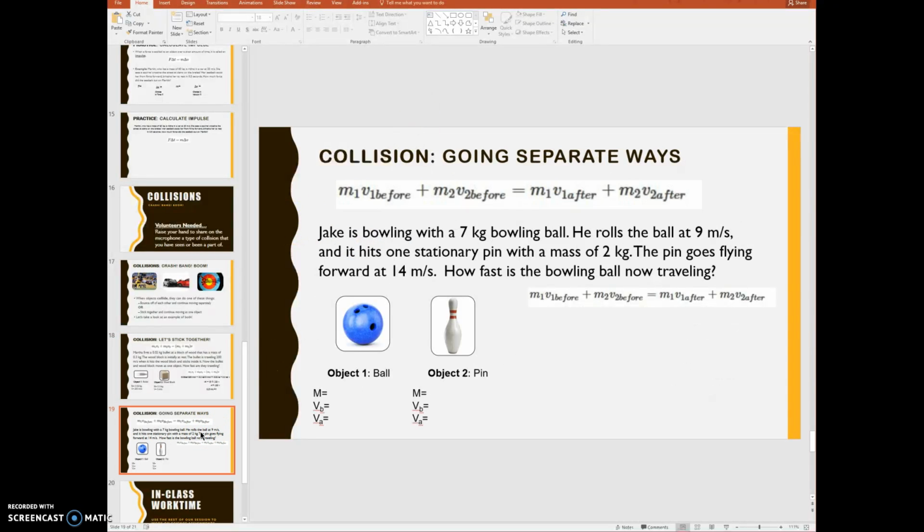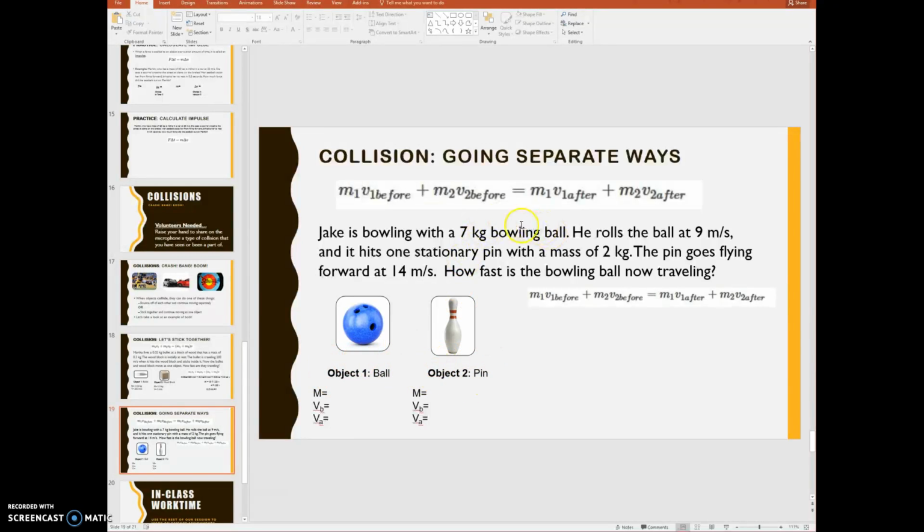The second type of collision that is possible is objects that bounce off of each other. So what we get to do for this is to look at a similar equation, but it's just comparing the momentum of those objects before and after. So just like we did similarly, I'm going to start looking at my word problem and finding the information that we need. Because I see that M1, V1, M2, V2,